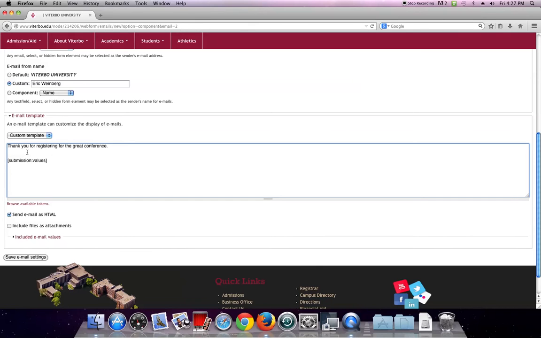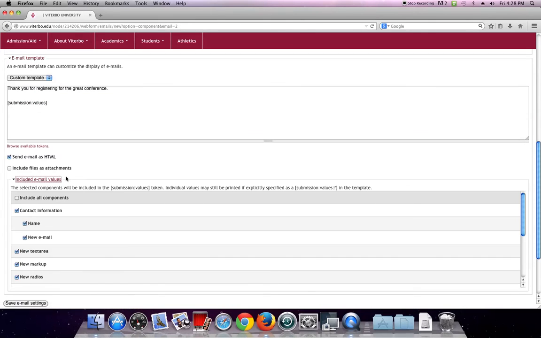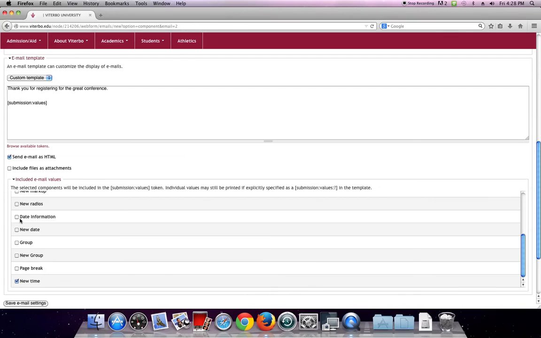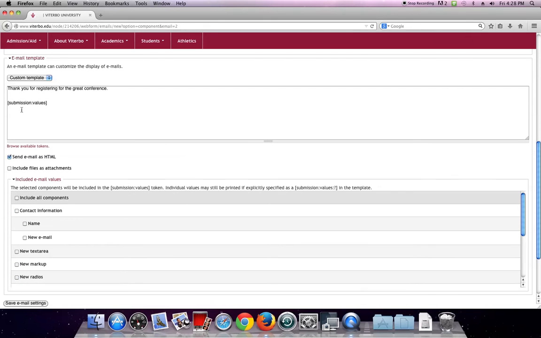But suppose I want them to see some values. I'm going to leave that submission values in there. And I can click here and decide I don't want all the information going to the user. They just filled out the form. But I want them to have, let's say, just one particular piece of information. I'm going to click the date information field. And I'm going to say you submitted,